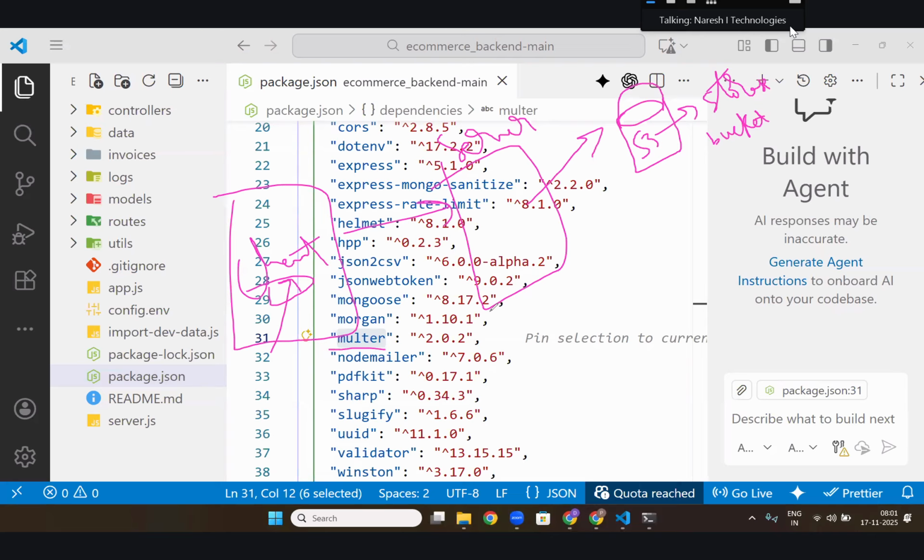Then Amazon S3 will store it and return a string, the URL. That URL you will store in the database, and that URL you will send to the front end. Front end knows only the URL. Are you getting my point?